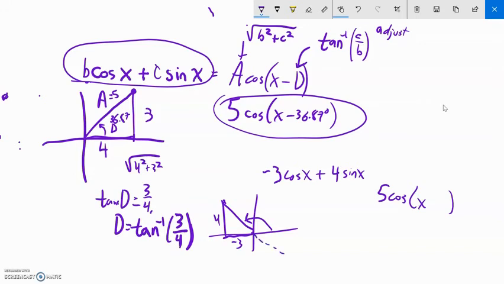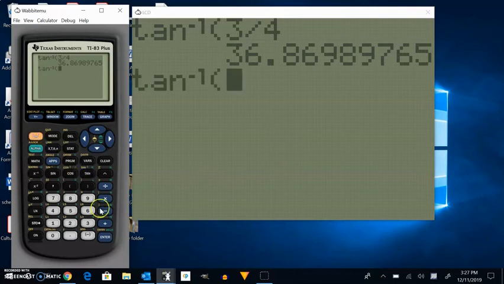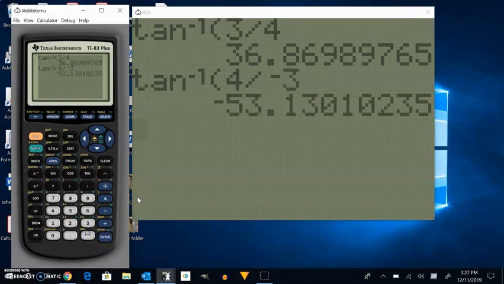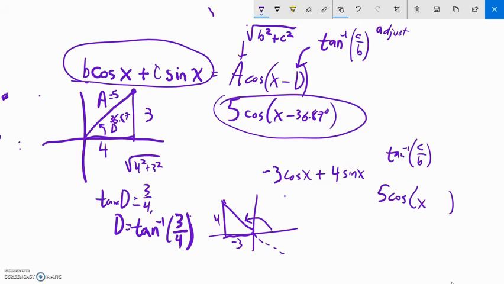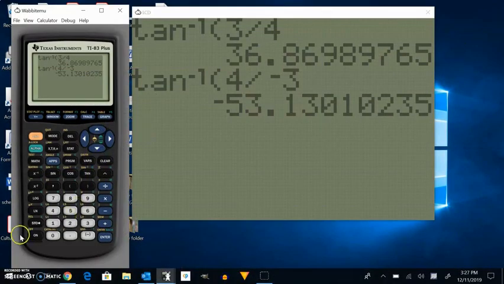So notice that if I go inverse tangent of C over B, and I'll keep it in degrees, in this case it would be 4 over negative 3. So inverse tangent of negative 4/3. I get negative 53.13 degrees. Notice that's this angle right here. That's not the angle that I'm looking for. So what I need to do is, this whole thing is 180, so I would need to add 180 to that to get my actual displacement. So if I add 180 to it, to find the actual right degree,